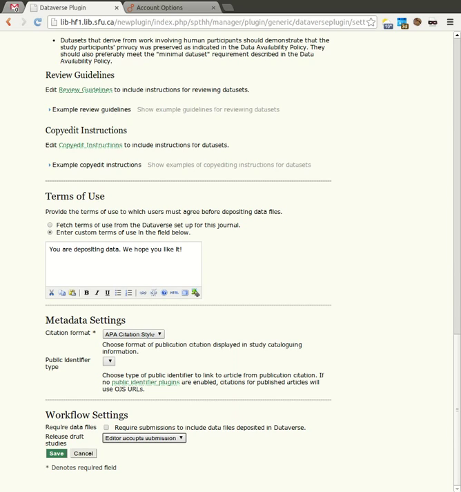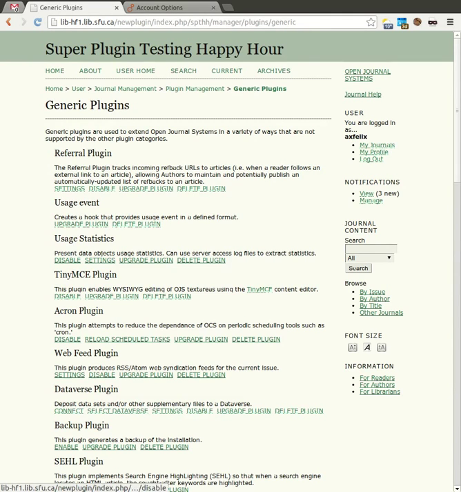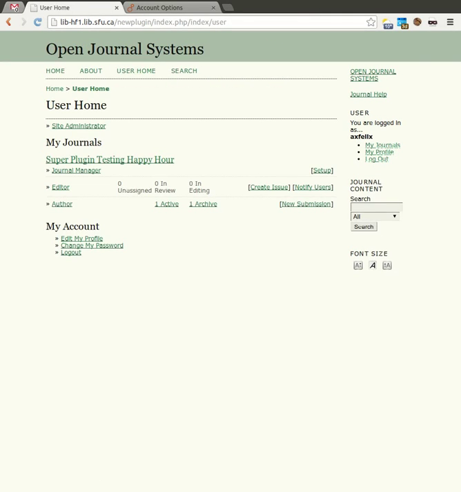This helps you get the data out there ahead of the article publication, possibly, and provide a faster moving workflow, or wait until the article is published in OJS to release the data. So do all that, hit save, and now we're going to go back to the user home and go into